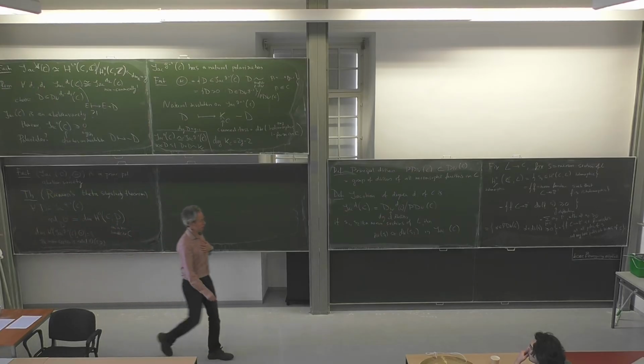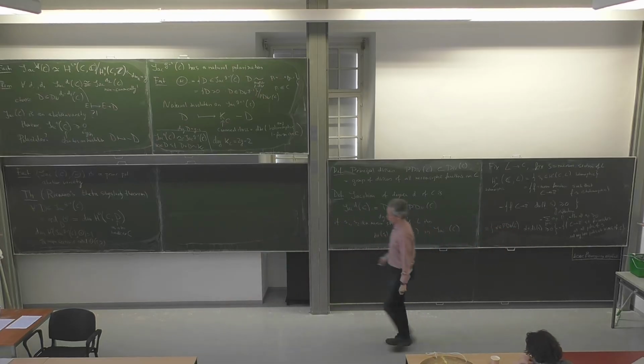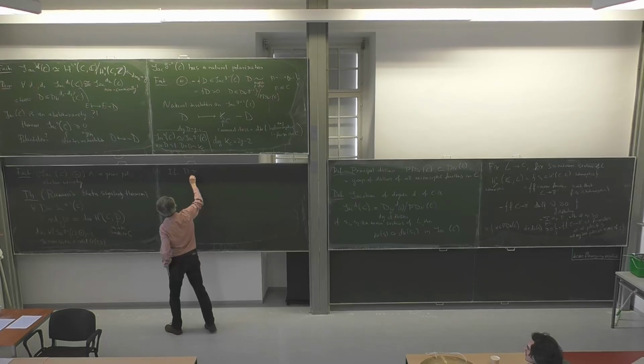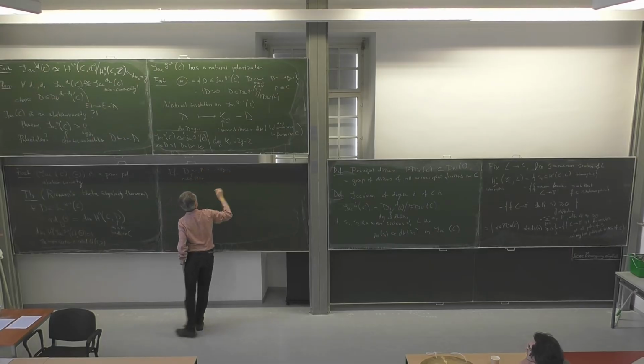Remember, hopefully it's written here. So if D is equivalent, meaning modulo principal divisors, which I'm ignoring, to p1 plus dot dot dot plus p_{g-1},